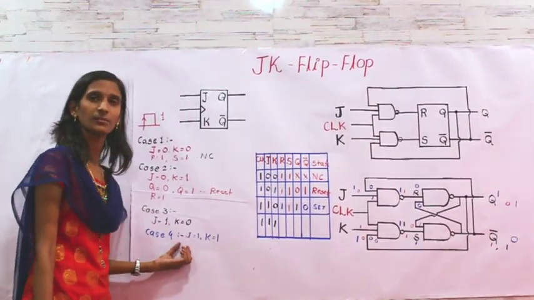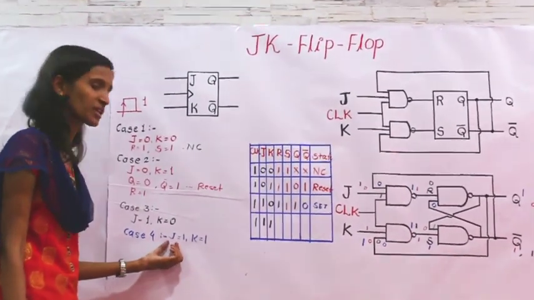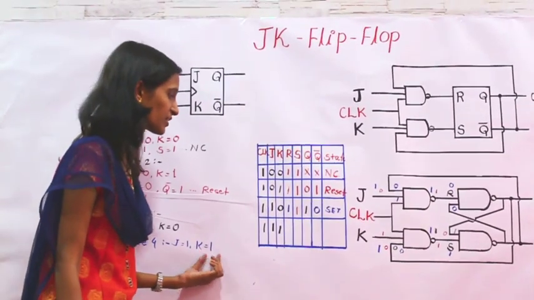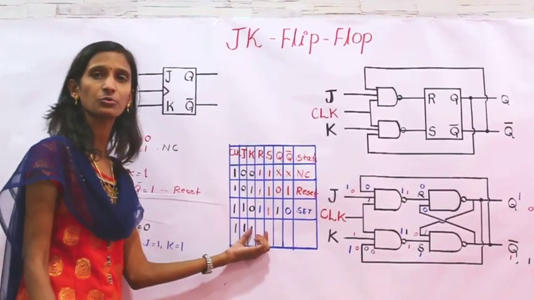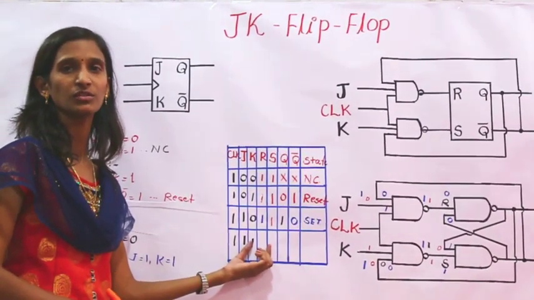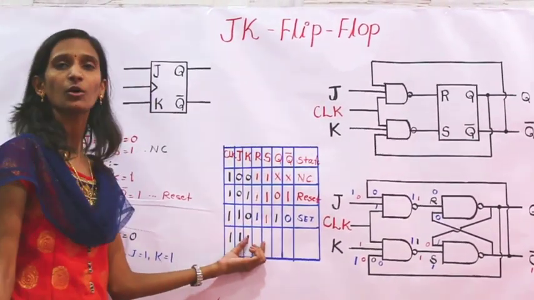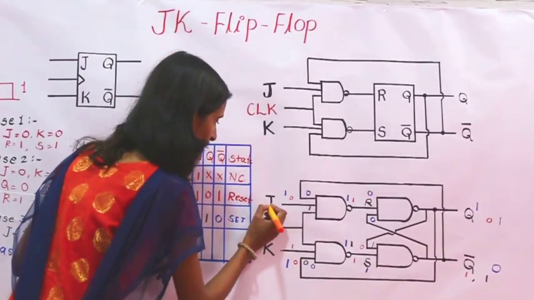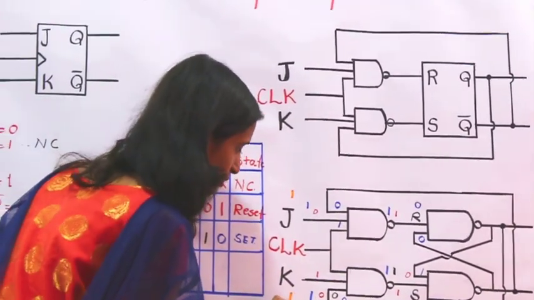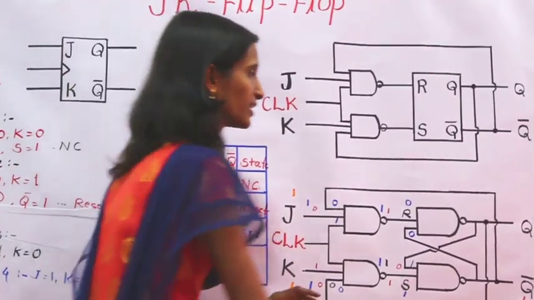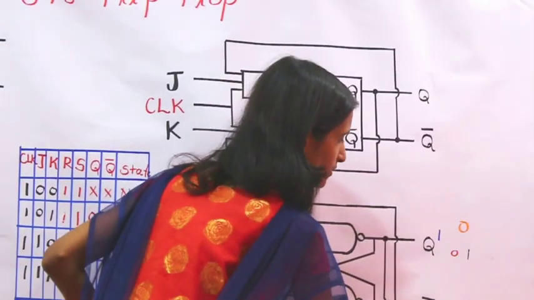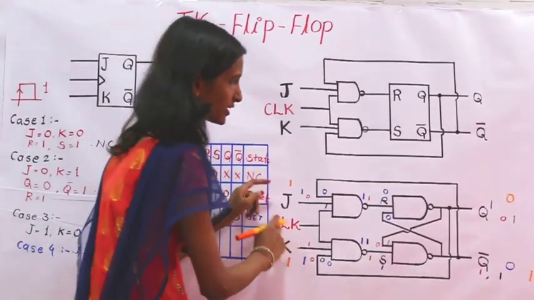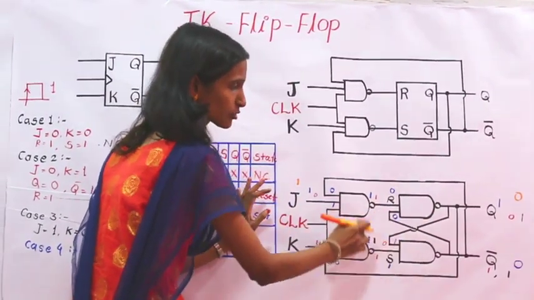Okay, so now the last case I have to verify. Here I'll consider case number 4, where both inputs J equal to 1 and K equal to 1 with a high positive clock signal I am giving here. So we have to cross check the output, but for understanding this operation we have to assume the output values first. For example, I am writing here J as a 1, K as a 1, and I am assuming Q is a 0 and Q bar is 1. I am assuming this value. So 1 and 1.